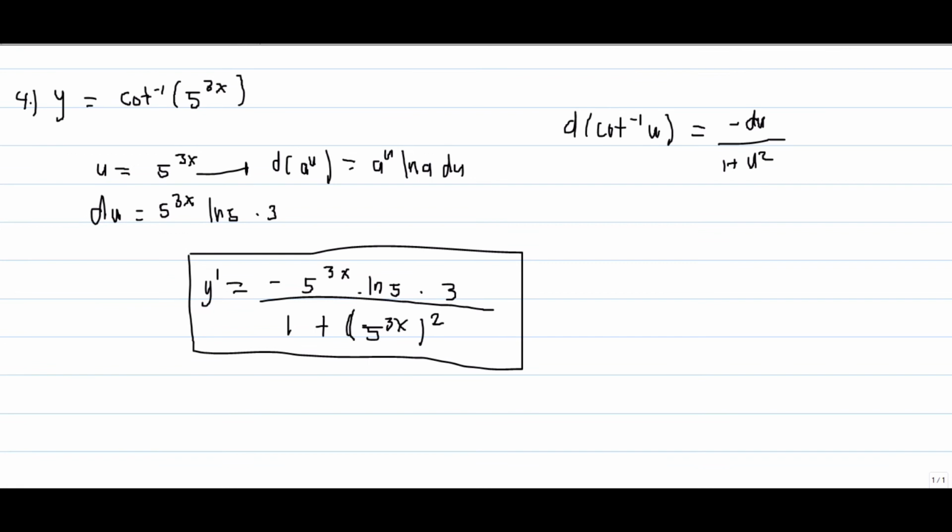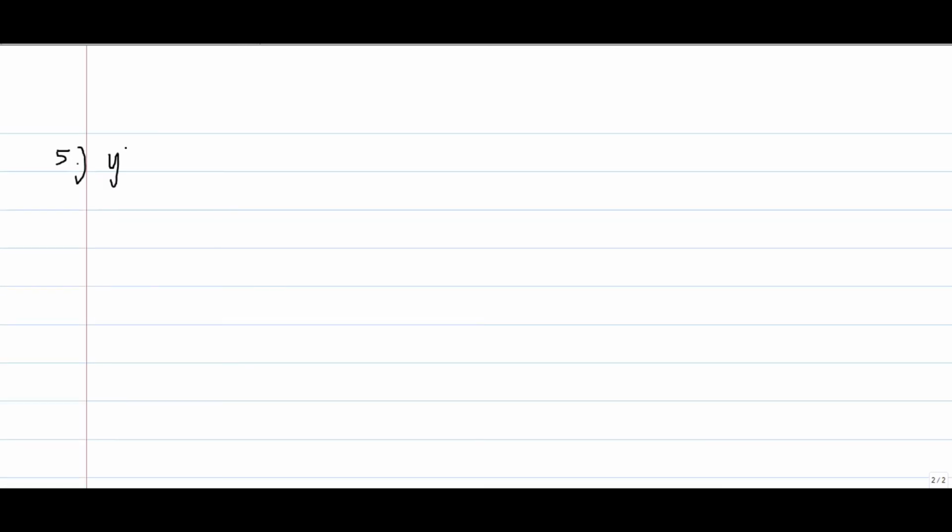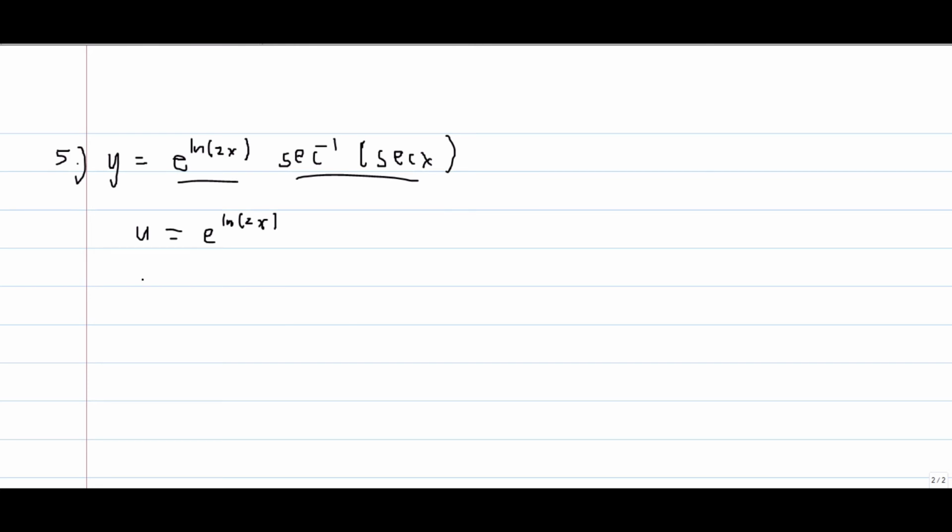Okay, so another example is y equals e to the power ln 2x times secant inverse of secant x. So let u here be this, then v here be secant inverse secant x. So u here is e to the power ln 2x, then du here is equal to e to the power ln 2x